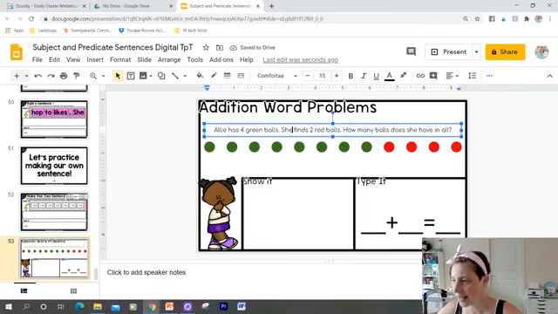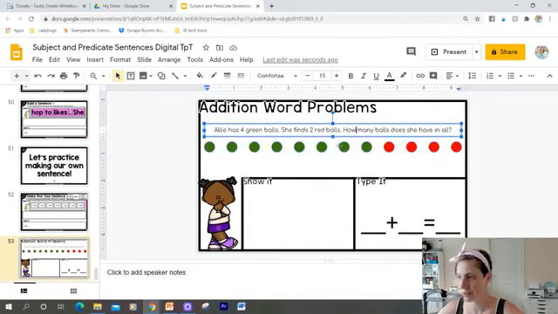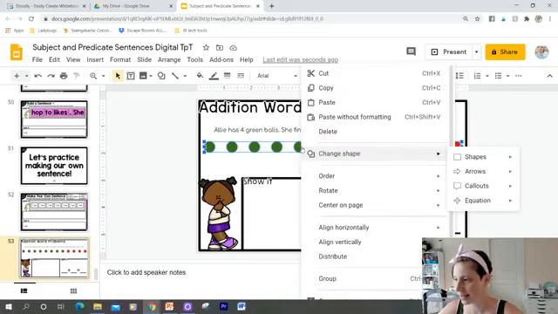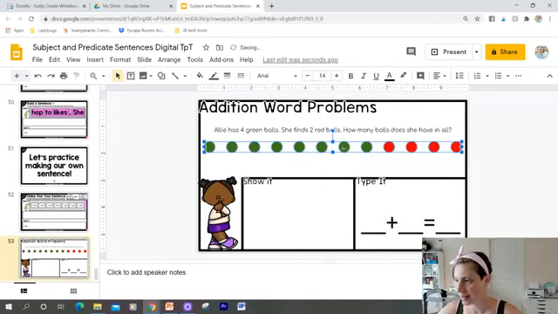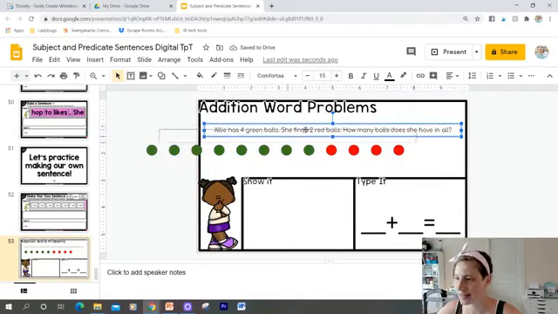You can do the same thing here too. I could also, if I wanted to make sure this was lined up with the dots, group these. You could go to Arrange. You can also right click and group. And then I can arrange, let's see, we'll do it over here. So if I wanted the text and these dots to line up, if I drag them kind of near each other,